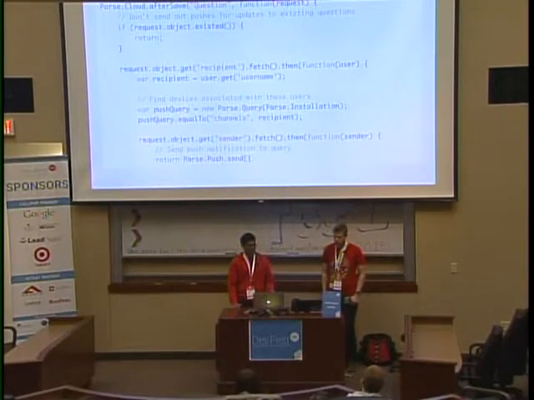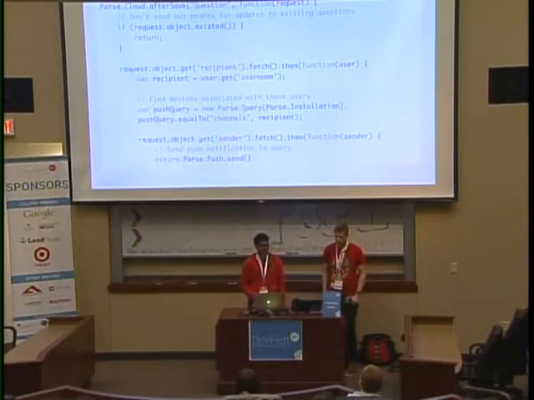This particular method doesn't do the consistency check. That's another method, before save, that they have. But with this one, when you save a question, our code will look at the question, pick out who you've addressed it to, and then send them a push notification. And here you can see maybe some of the reason we might have run into trouble with it. We have to do this get recipient and then a fetch method and then give it a callback to run